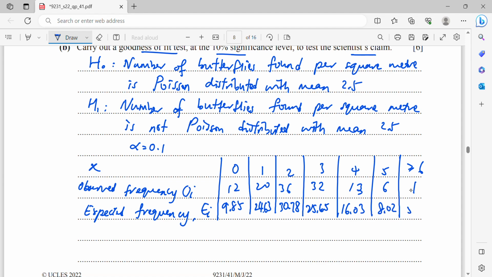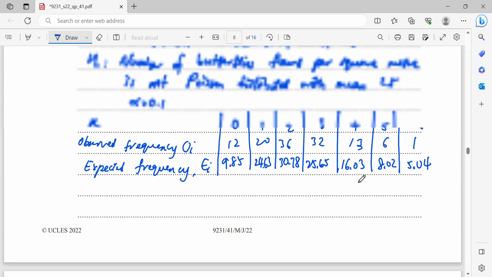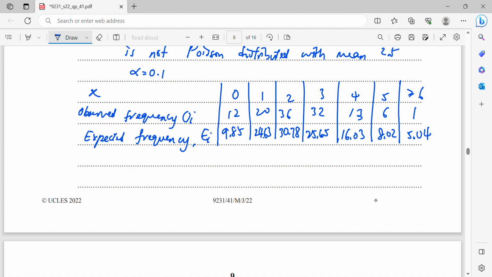So the last one is 5.04. Okay, so now after you have drawn this table, I will write down the critical value first, followed by the rejection criteria. So critical value, right? When you look at the question, the H0 and also the H1, I will say by looking at the H1,